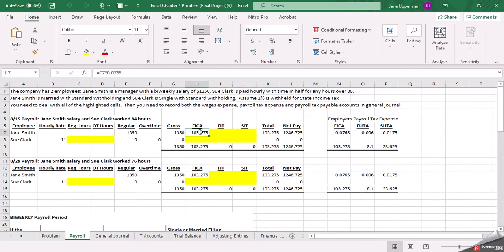Here I've given you an example. The first lady has her FICA tax computed for her. I want you to do it down below. If you look in this formula, it's really just the gross wages times 0.0765. So figure out how to get that cell down below. You can play around with your formulas or copy and paste it and just make sure it's picking up the right totals. For the FIT, that stands for our federal income tax,